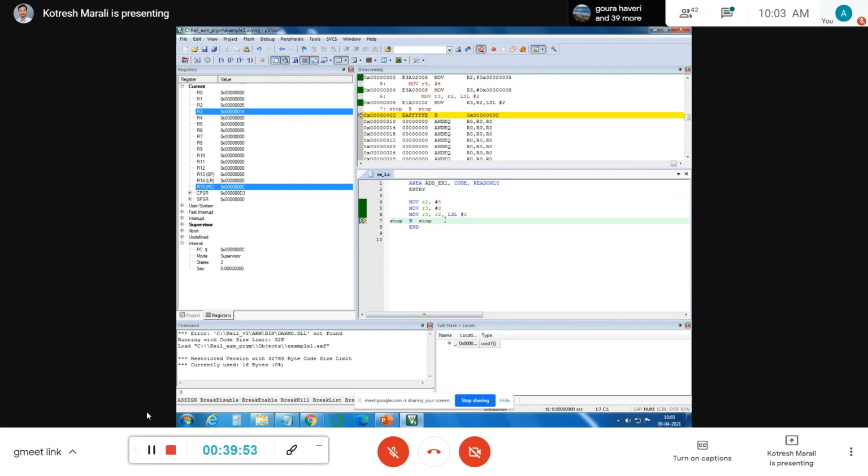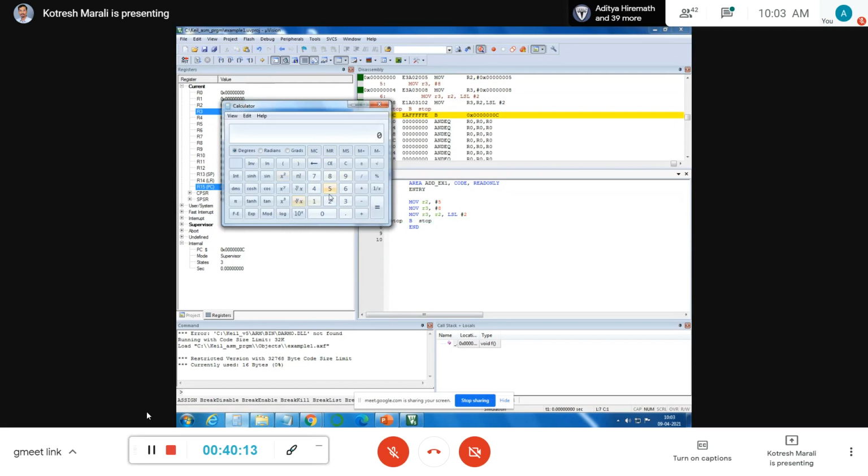R2 is 5, 5 into 4, 20. Okay, 20 in terms of hexadecimal value. The decimal 20 in terms of hexadecimal value, what will you get? 14, right? So this is the equivalent value of 20 in hexadecimal.